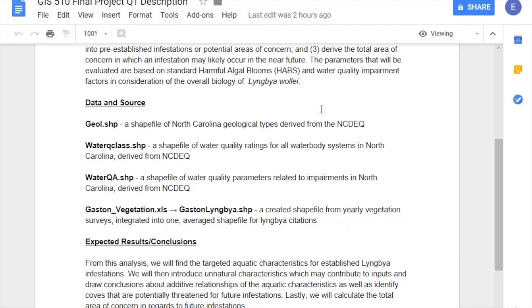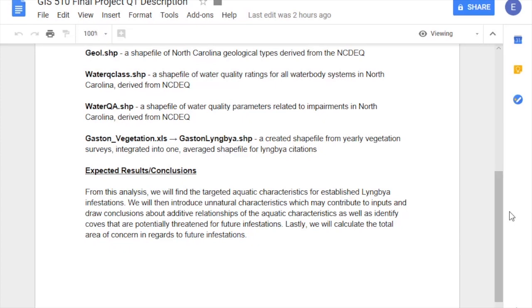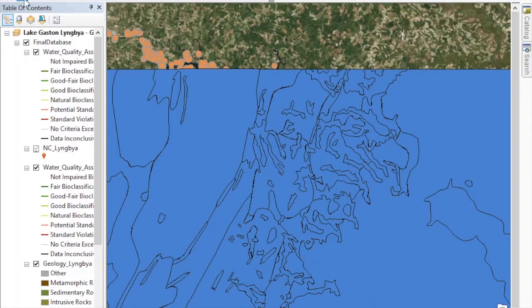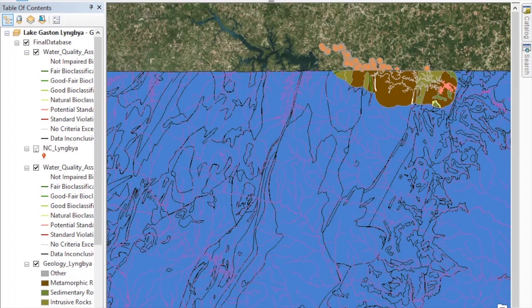My questions that I wanted to answer were based on just the natural features. So looking at geology, I was able to deduce that we have 3 different types of sediment in Lake Gaston. I was also able to expand the Lyngbya to show Lyngbya instances and what are the surrounding plants in its small ecosystem. And then I was also able to expand the water quality so that I could see exactly if it was impaired or not impaired and what were those parameters. And because impairment and water quality parameters are not often related, that's why I did not dissolve these. So, to go into my research that I pushed from a zip database into my map viewer,